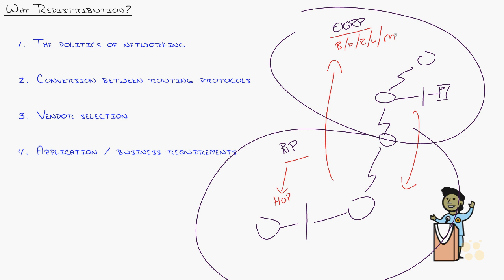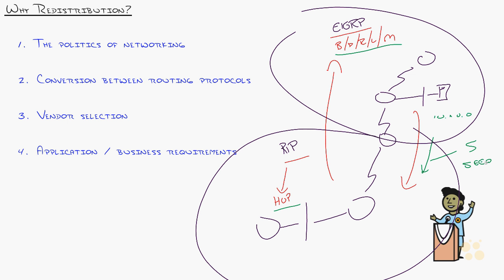So the question is, how do you translate from this metric down to this metric? Well, the fact is you don't. You just make it up. When you send the 10 network, 10.1.0.0 down here to RIP, you just say, you know what, that sounds like it's going to be 5 hops away. Is it? No, you just made it up. It's called the seed metric because they're totally incompatible. So you lose a lot of visibility when you do this.